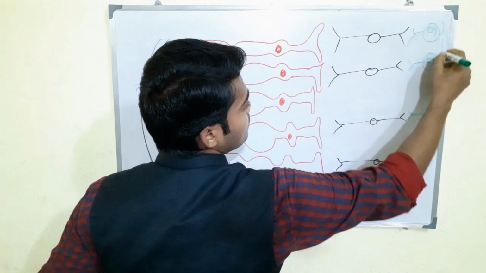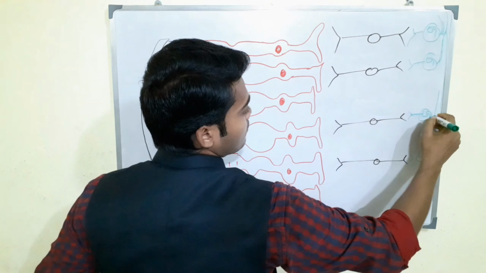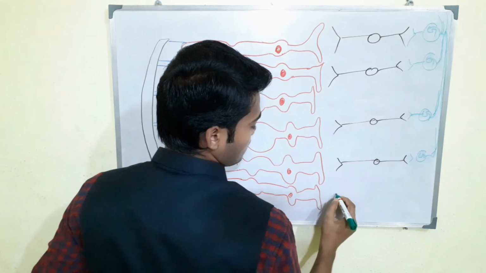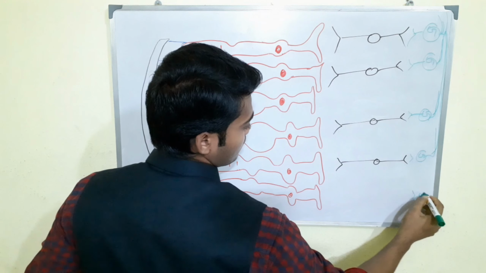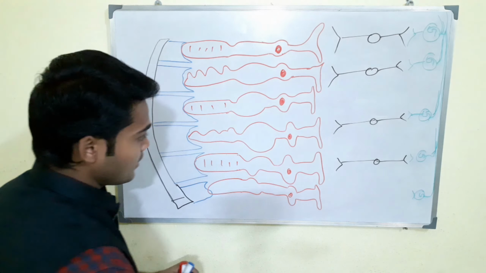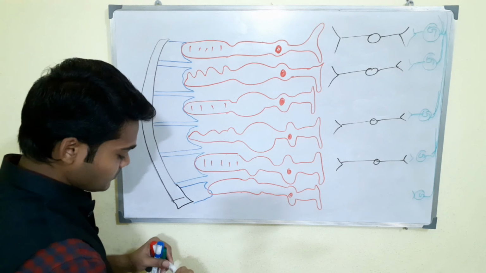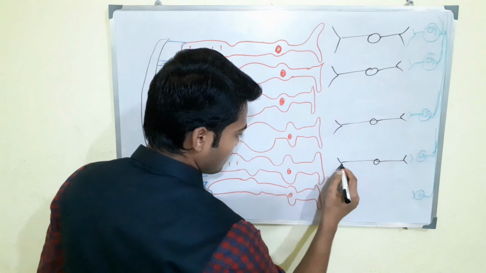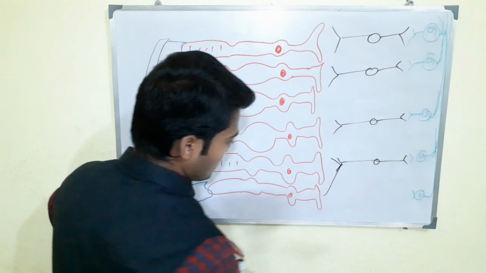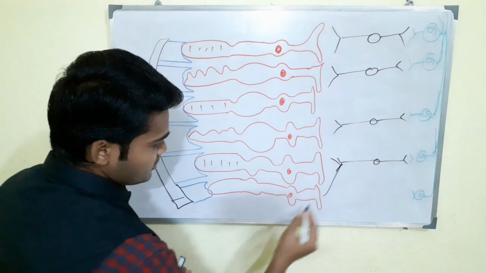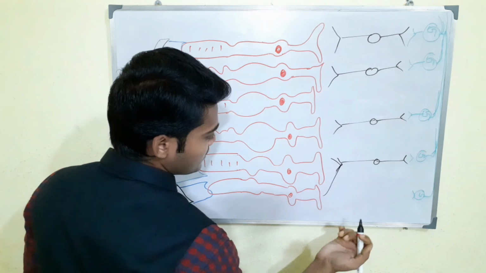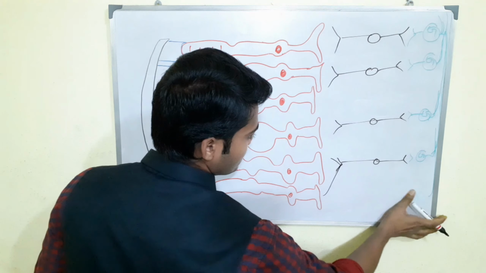All these cells go in the outward direction. From here they go outward, and from here they also go outward, and I will show you what exactly is happening here. This is a cell. Now why do I attach this cell with two exactly the same thing, right? I just rub this part.